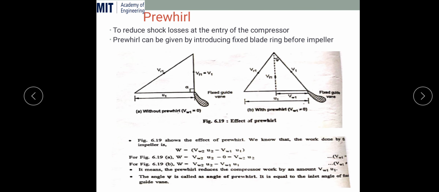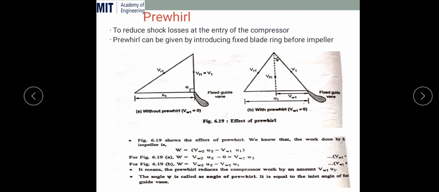So what is this pre-whirling now? Initially, as we are dealing with a compressible fluid, that is air, sometimes the Mach number is greater than 1. So at the inlet, the air is suddenly drawn into the suction side at Mach number 1. It will create a shock, because we know that when the Mach number is greater than 1, the compressible fluid is supersonic and shock waves are formed. Due to this shock wave, there will be losses due to impact, shock losses or turbulence losses.